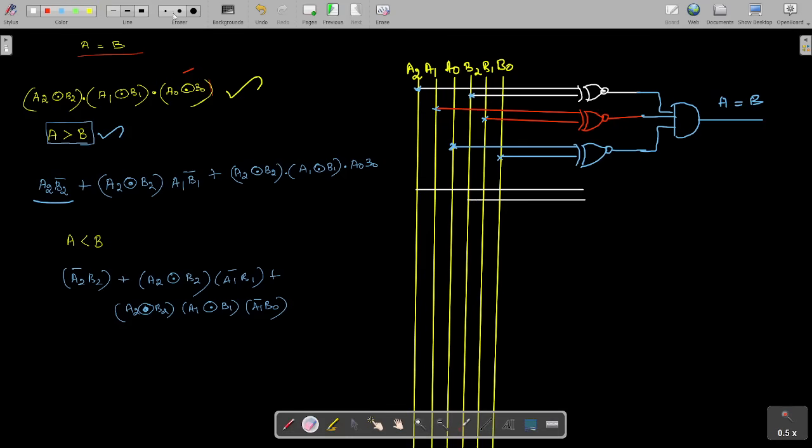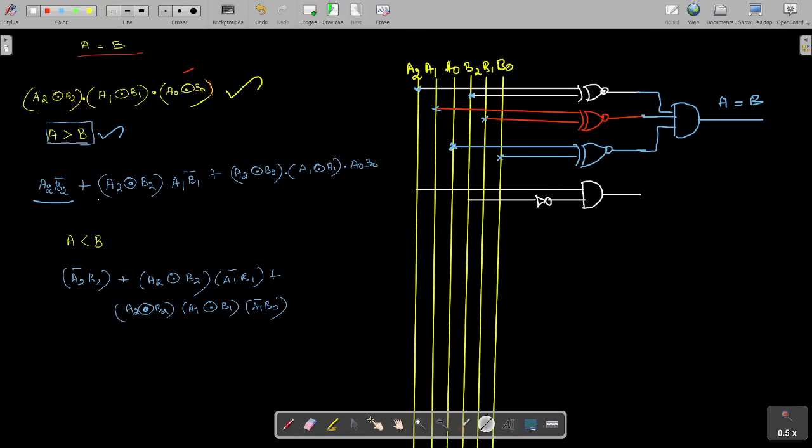B2 bar needs an inverter. We have to put one inverter here. So that gives B2 bar. Then they are ANDed together so that we get that first term. So this is the AND gate. First term is okay now.